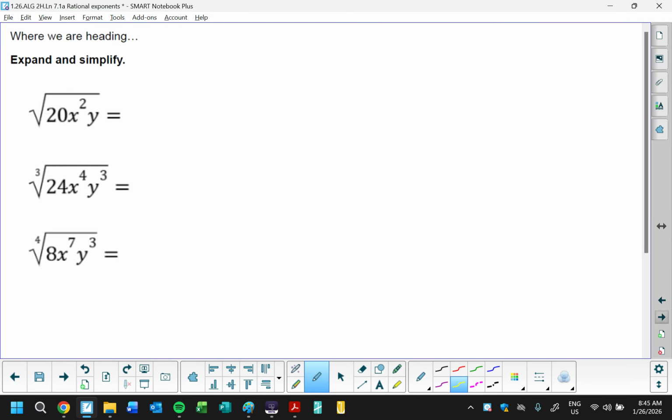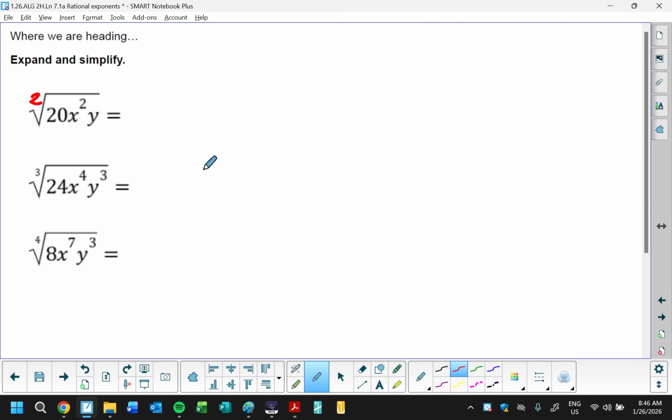Folks, we're going to wrap up with the challenges where we're heading in the next couple days. I don't need this to be perfect, but I do want you to pay attention. How can we then expand and simplify if we have both numbers and variables inside the radical symbol? So let's just do a couple of these, and this is going to be a little fast, a little uncomfortable, but don't sweat it. First thing I'm going to note is there's no number outside this, so it does mean